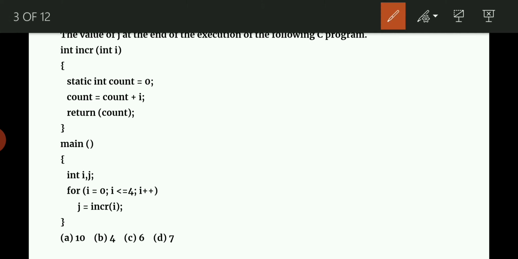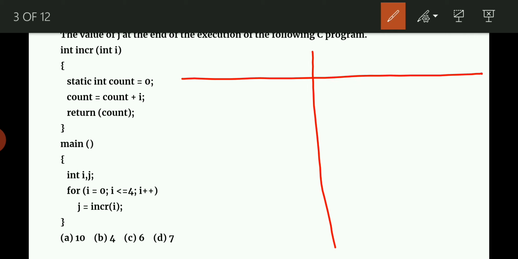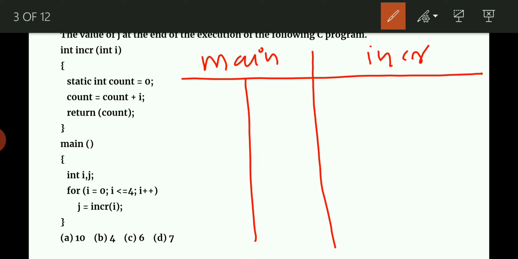In order to do this kind of question, we can simply write a table for the main function and the incr function. In the main function we have variables called i and j, and in the incr function we have variables called count and i.